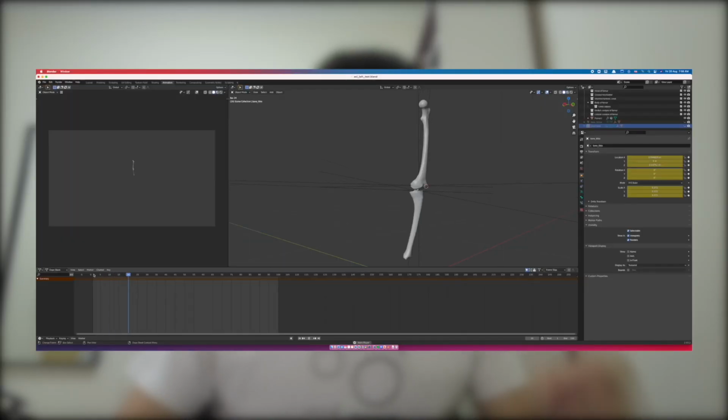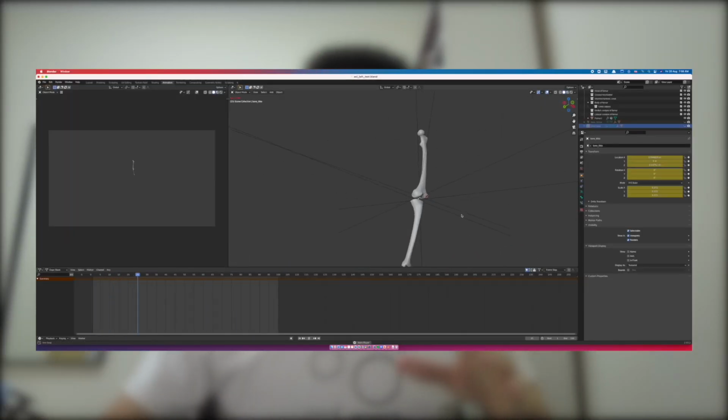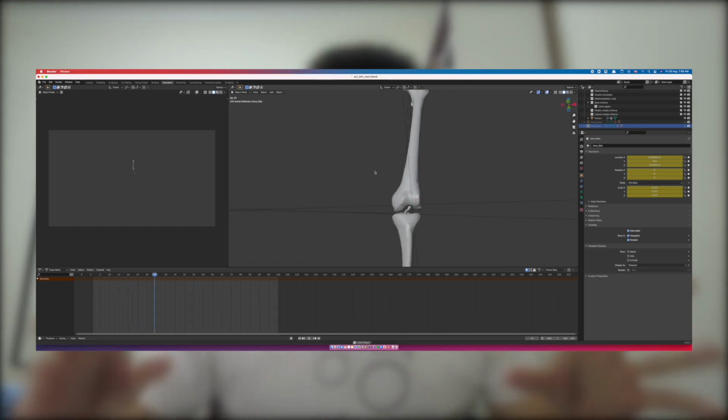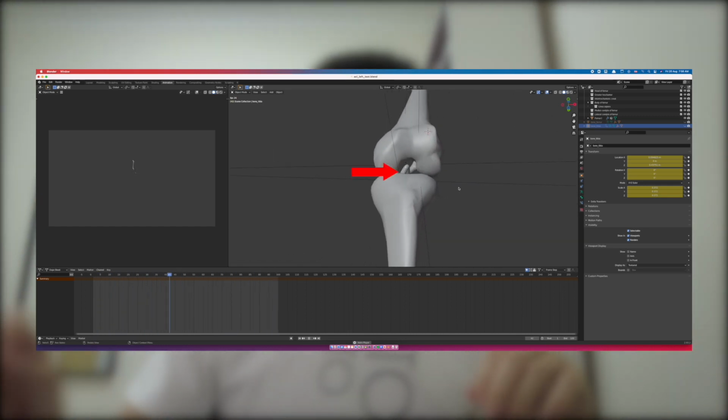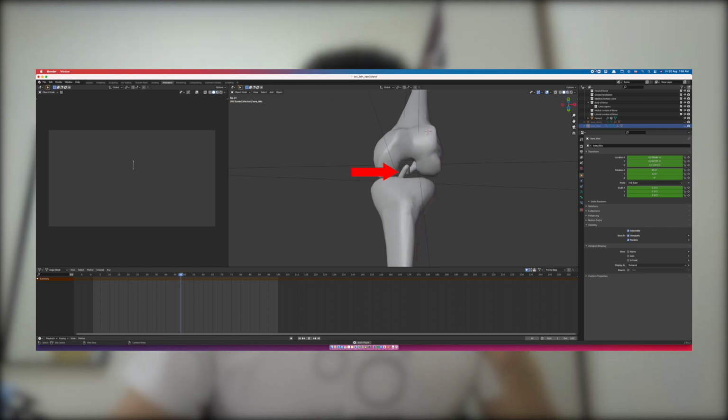This was stuff that I used to already be able to do on Final Cut Pro or the other editing apps that I've used. And as you can see from this first example, the bones are moving very smoothly and very well, and there don't seem to be many problems. And you can also get a tiny peek of the ligament inside the knee joint. If you look at it closely, it doesn't look like that ligament is really being pulled or stretched as the